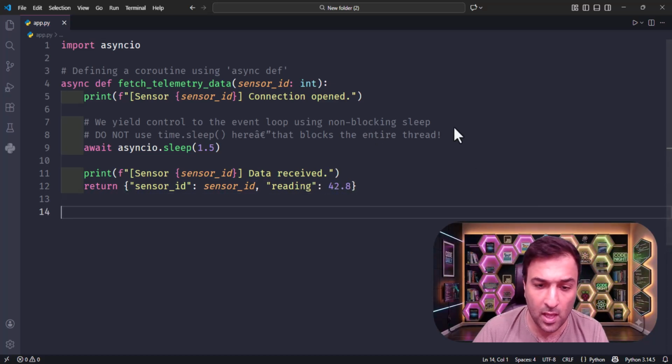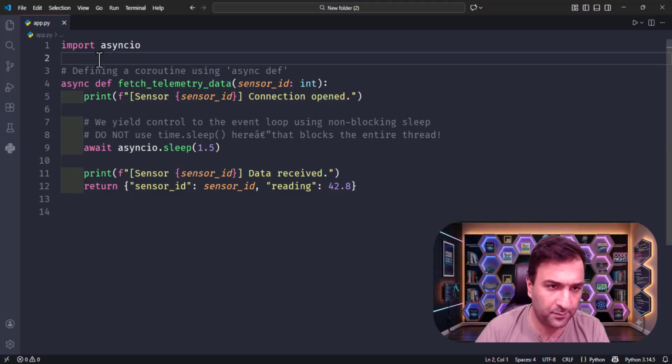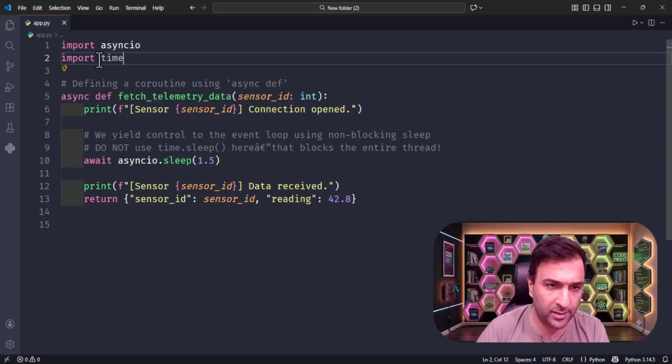To run coroutines concurrently, wrap them into tasks using asyncio.create_task. We can then use asyncio.gather to execute them simultaneously and collect all results. Look at the code. First, import the library, then